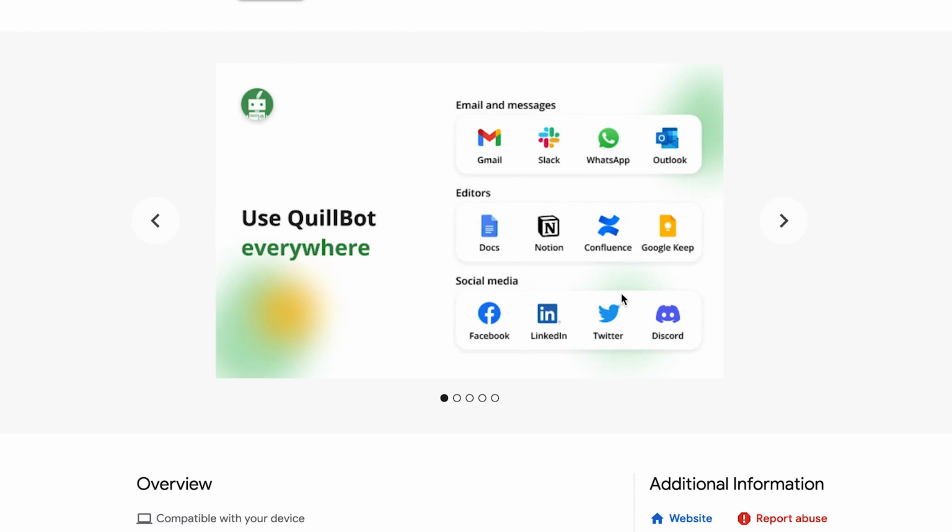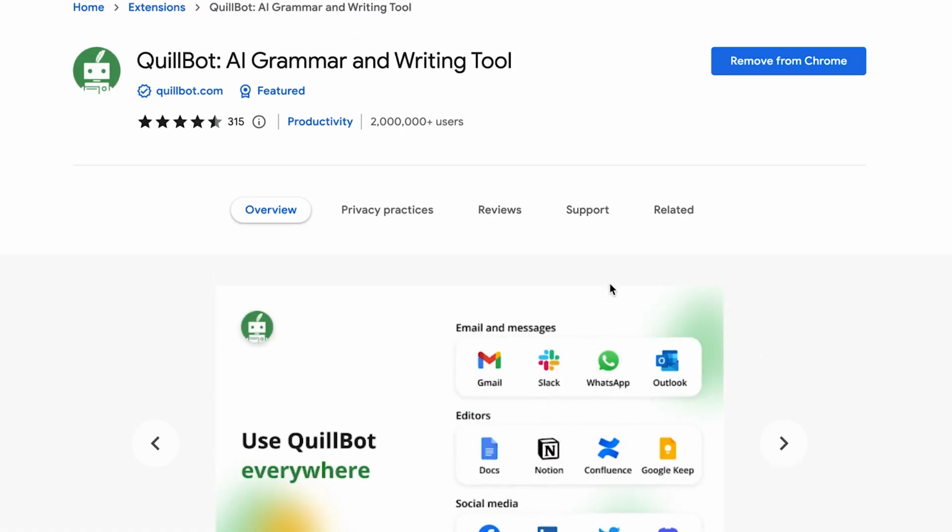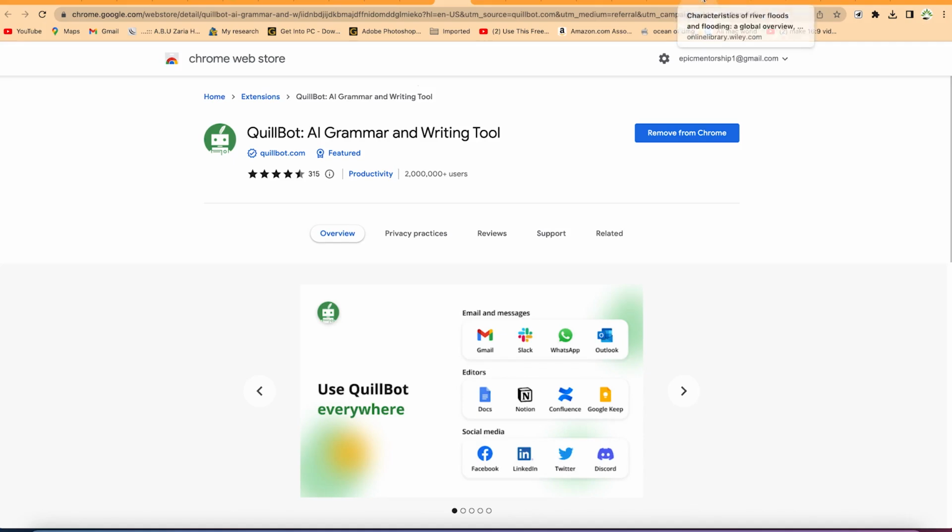In Discord, in Notion, in Gmail, in LinkedIn, Facebook, you have all the features enabled, Quillbot enabled. So you can do your research, you can do your summary, you can do your paraphrasing, all from the same browser. That's the benefit of this extension. So let me show you an example of what you are going to use this for. For example, you are in this